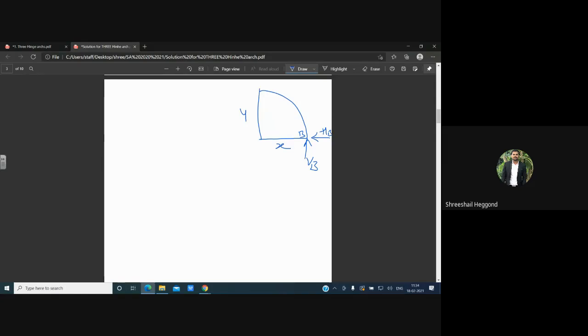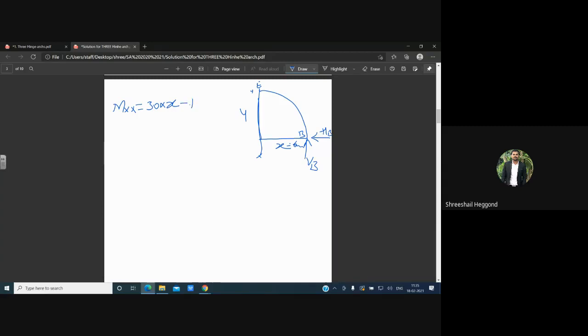And the moments can be calculated as the moment about XX by considering it to be 6 meter. To be precise, because previously we have got the X value, the same calculation you have to do, the values will be a maximum of 6 meter. Then you can write the reaction, that is 30 kilonewton into X, that is the horizontal distance, minus HB, that is already calculated, 72 into Y.